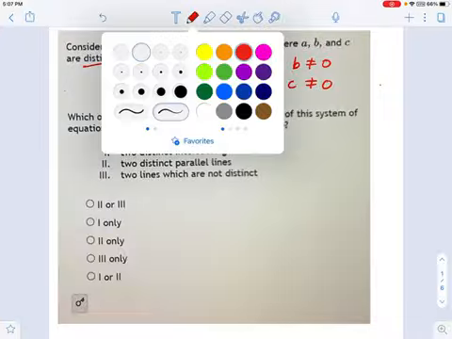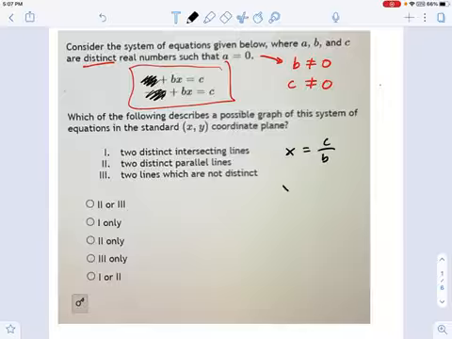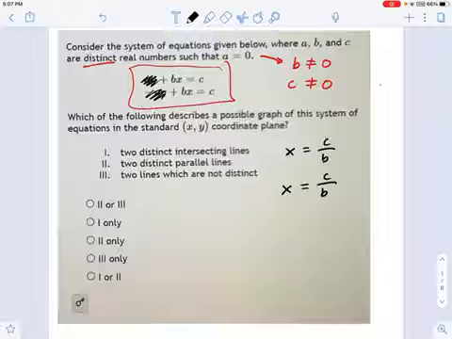So let's talk about the graph of this thing. What might it look like? Well, in our case, A is 0, so that part just goes away. And you've got bx equals c and bx equals c. So try drawing this thing. If I turn those two equations into something in terms of x only, I get x equals c over b, right? I divide each side by b. And here's my other equation, x equals c over b. They're not very interesting. They're the same thing.